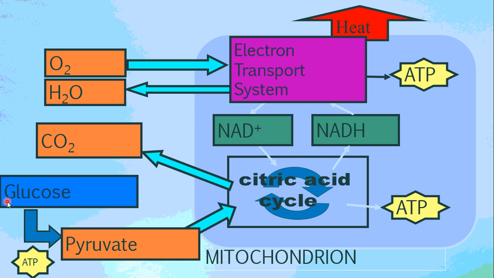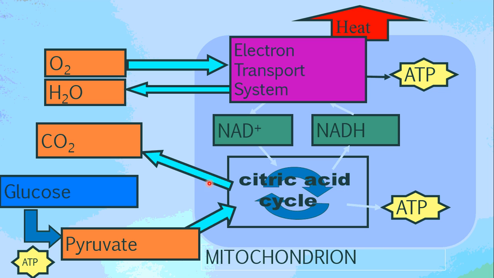So the electron transport system, this is kind of flip-flopped here because if we go through the process of photosynthesis, it's very much a mirror process. So we're going to start down here with glucose, and glucose gets broken down during glycolysis into 2 pyruvate. This generates 2 ATP right here. Then those pyruvate go into the citric acid cycle. This is also called the Krebs cycle, and in doing so generate ATP as well,